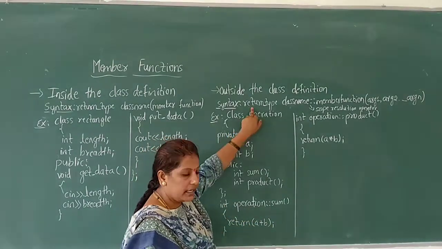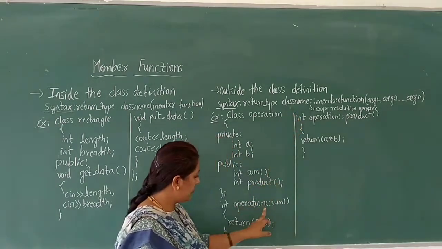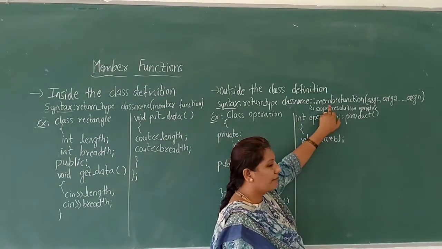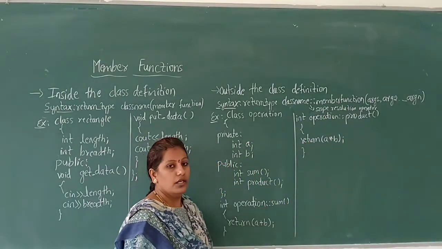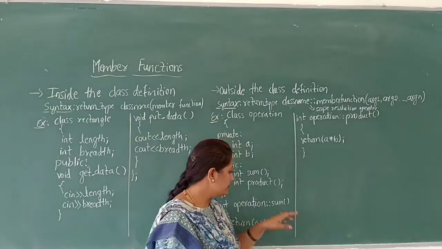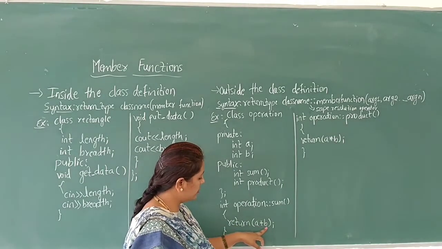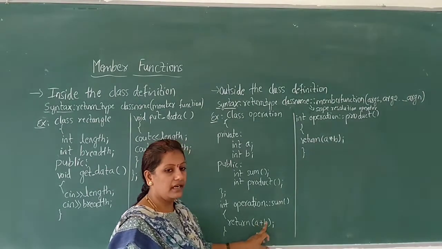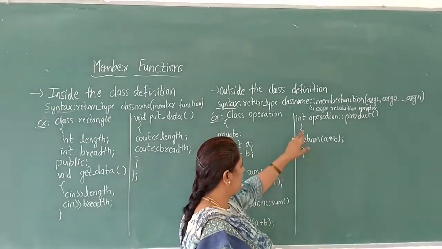Int represents the return type, Operation denotes the class name, then the scope resolution operator, then sum is the member function name, then the arguments. Arguments can be taken or not, they are optional. Then return a plus b, this statement adds the two values a and b and generates the output as the added value. In the next function,